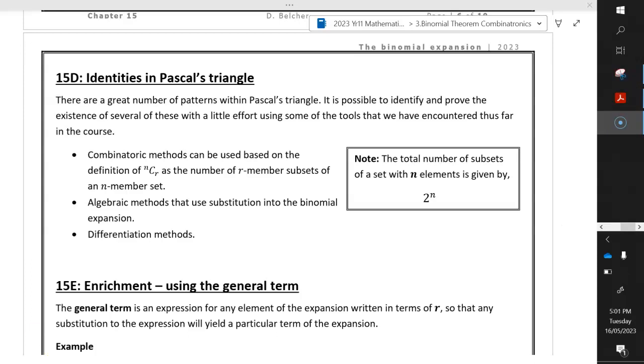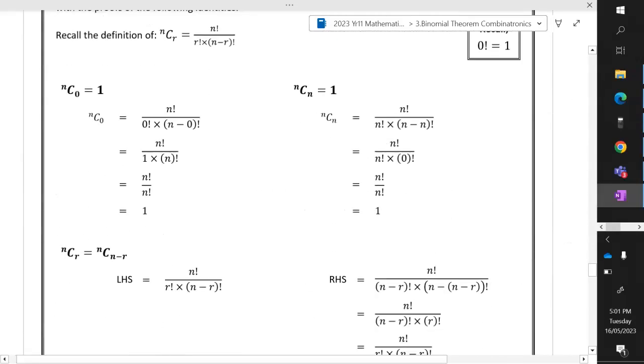So there's a lot of patterns within Pascal's triangle, and it is possible to identify and prove the existence of some of these. Now, we haven't done a lot of proofs yet, so we're basically just going to have a look at some simple proofs, in which we need to just make the left-hand side be equal to the right-hand side. So I'm going to scroll down in your OneNote, and we're going to have a look at these other things in a moment,